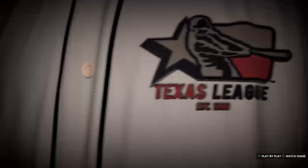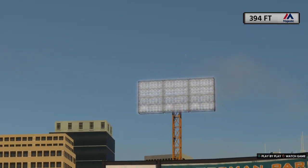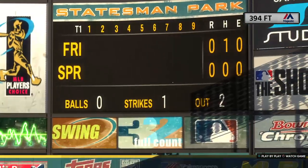Well, that blast serves notice that this kid is as good as the hype suggests. He has the tools and the desire to be a good one in the show. Can't wait to see how his career...